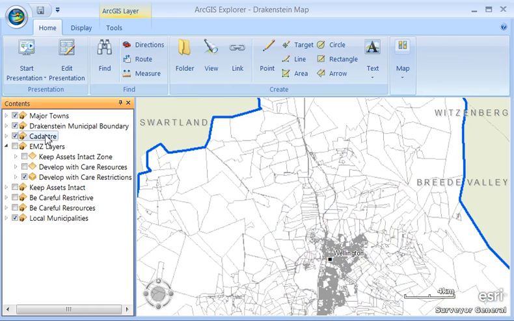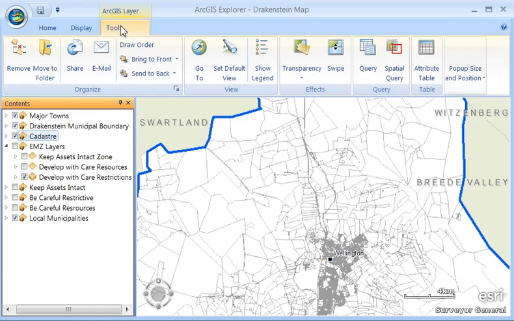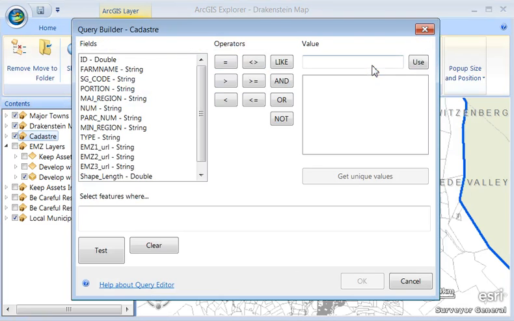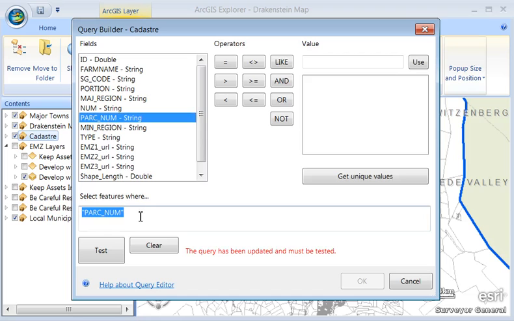So we first need to select our layer to make sure it's the active layer in the attribute table, in the table of contents. Then we go to tools and we select query, and this opens the query builder, and these are the field names in the attribute table. So if the user knew their farm name or the SG code or the parcel number, they could use those here, but we're going to use the parcel number, so I double click that to add it to the expression